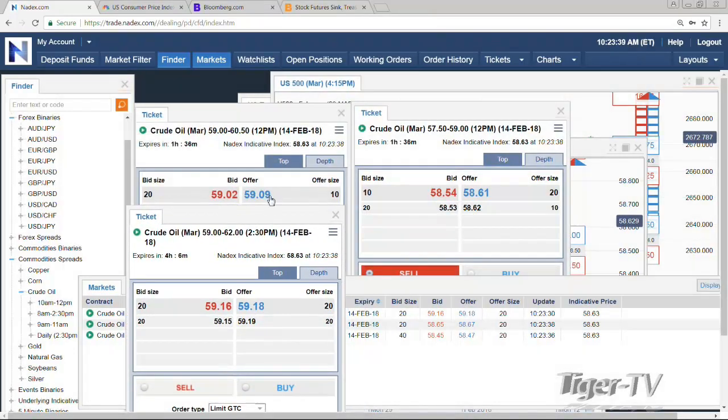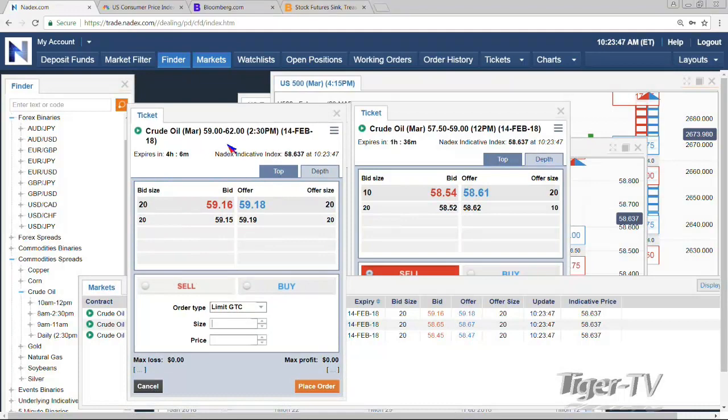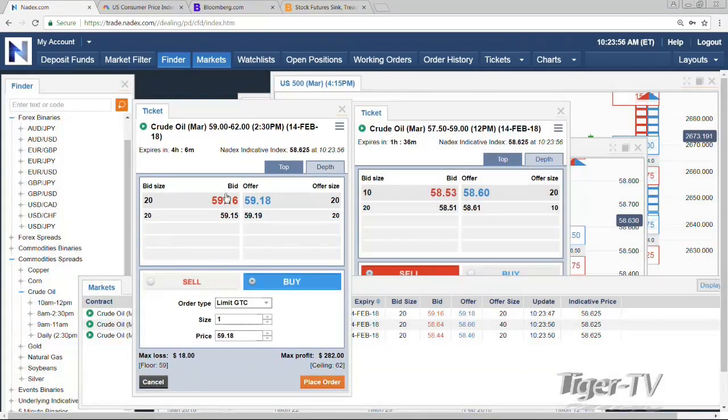Now, you can see the bid offer and how things change, and I'll go over it, but not only are you paying, realistically, most of that premium is going to be for the 2.5 hours, okay? Because you have an extra 2.5 hours in there. So you would be buying the bullish spread. This one's costing you 18, as opposed to the noon was costing us 10, right? So you're paying an extra 8 pennies for the 2.5 hours, but you're also paying it for the profit potential